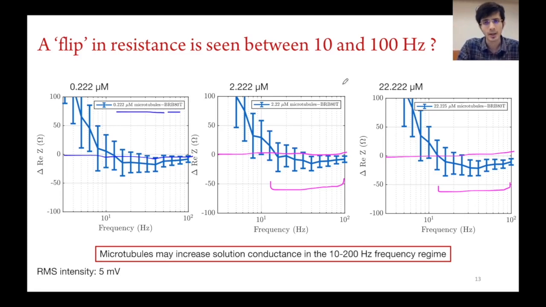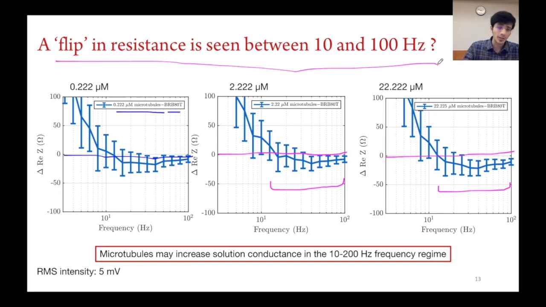They're more resistive than background buffer once again. Now, of course, as I mentioned, this is an extremely high noise experiment. So before we conclude that there is actually a flip in resistance between 10 and 100 hertz, more experiments are required, maybe using a different technique,